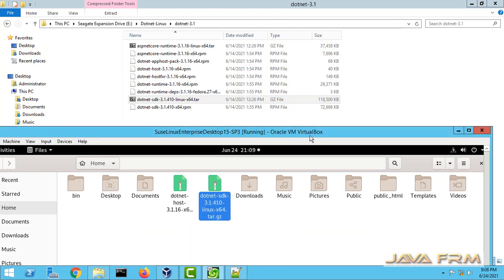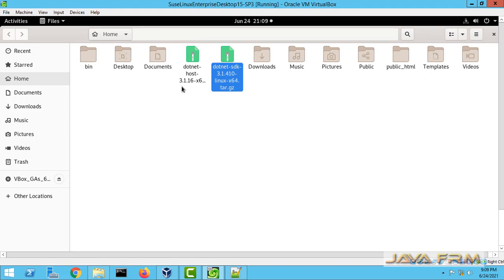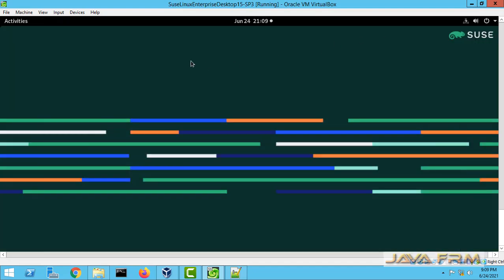Yes. So SUSE Linux Enterprise Desktop 15 Service Pack 3 installation on VirtualBox 6.1 with the guest edition, that is shared clipboard and drag and drop feature enabled, is successful. Make sure that you have updated VirtualBox